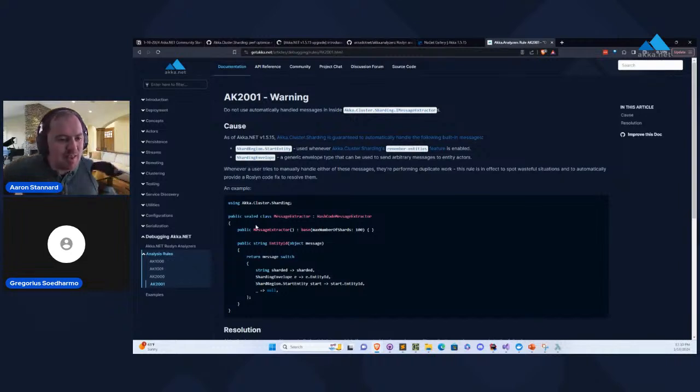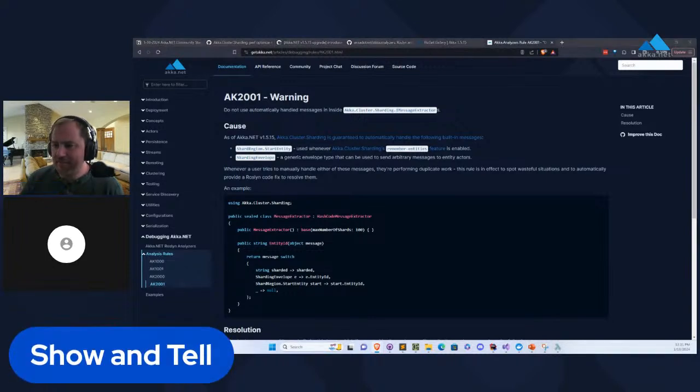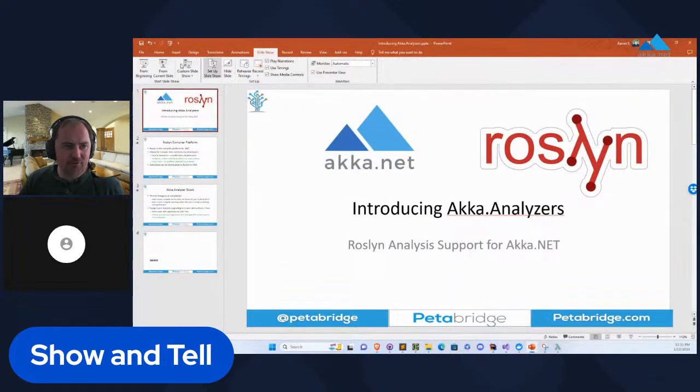So essentially, it's able to help strip out duplicate work from happening inside your own application. And so I have a little demo to that effect that I'm going to pull up in just a moment here. Hopefully, it won't fail on me. But I have a little demo that I'll use to demonstrate this. For the time being, I'll maybe do things out of order today and skip to our show and tell. And we'll use this as an opportunity to talk a little bit about Akka.Analyzers, our new project